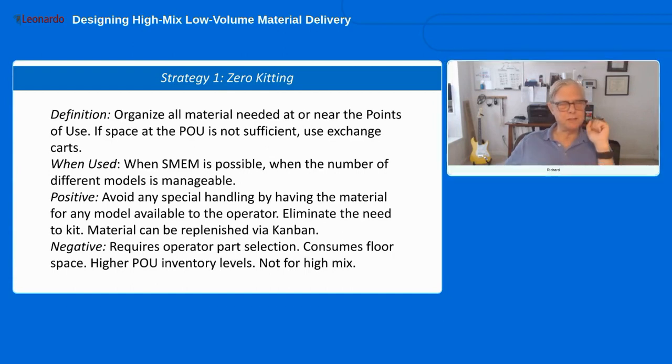Okay, so strategy 1 is zero kitting. The idea here is to not require the need to create any kits, which requires more effort, by being able to provide to operators everything they need for any product within a Kanban methodology. So in other words, the operator has all the parts for all the products in front of them or close by,